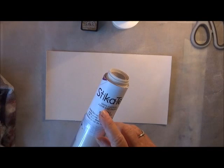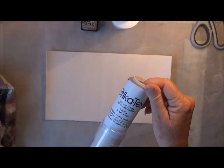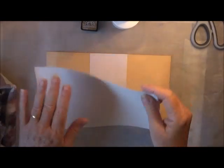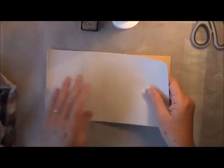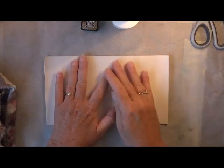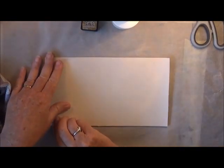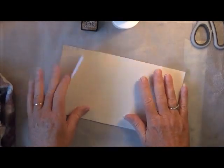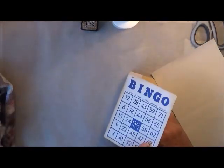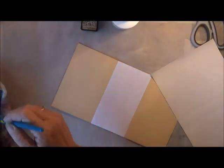StikA-Tex, 100% cotton adhesive fabric. So it's pretty sturdy, like it's not going to rip or anything, and I'm just thinking that that's going to give the inside of the journal cover just an added layer of strength. Okay, so all I do for that,